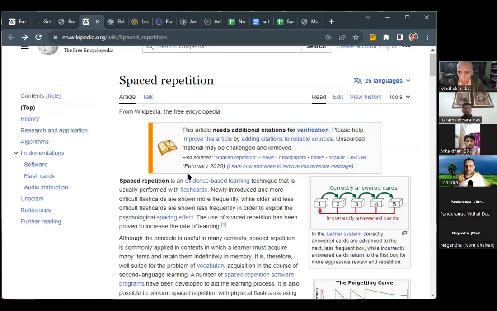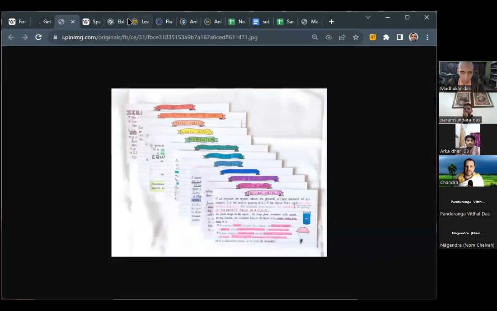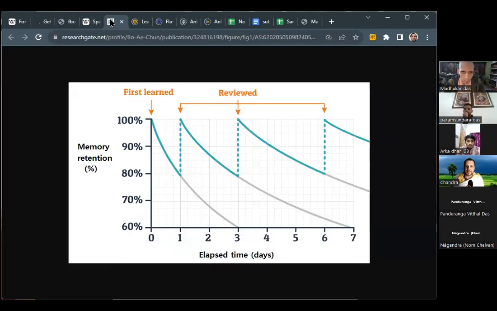So this is the idea of spaced repetition. These days, as we saw, there's a clear formula for this. Here we go, you can see what happens. What they found is that when you study something after a certain amount of time, the rate at which you forget it decreases.